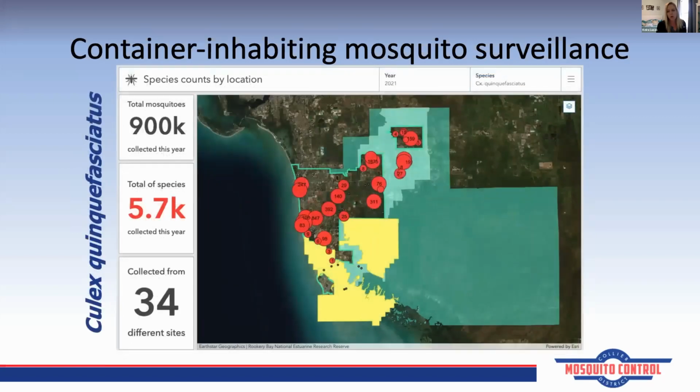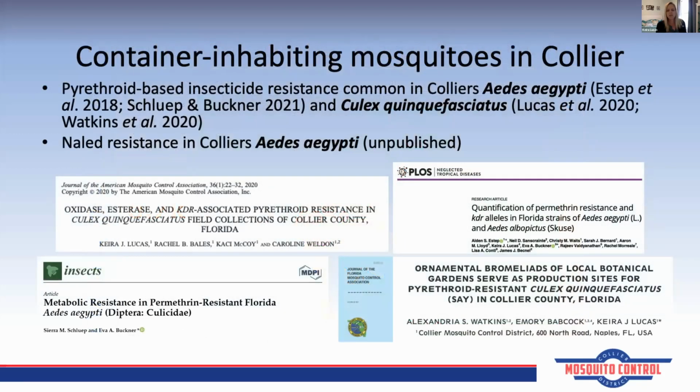The same goes for Culex quinquefasciatus, and we know where those are located throughout the county. These mosquitoes are important for us, and they account for nearly half of our West Nile virus mosquito pools, and we will target our treatments for them based off of where the hotspots are for West Nile virus. During the same time